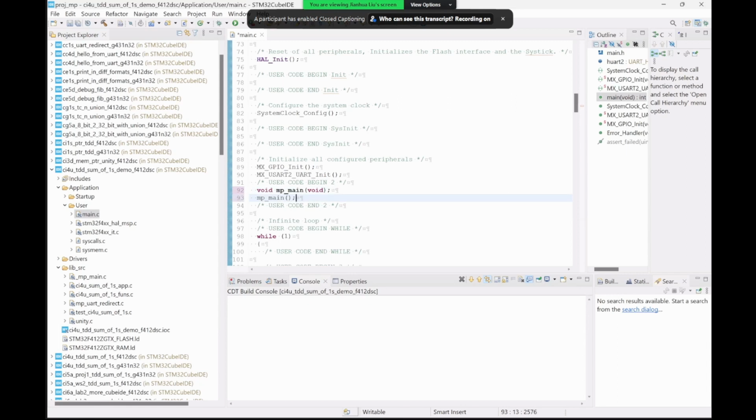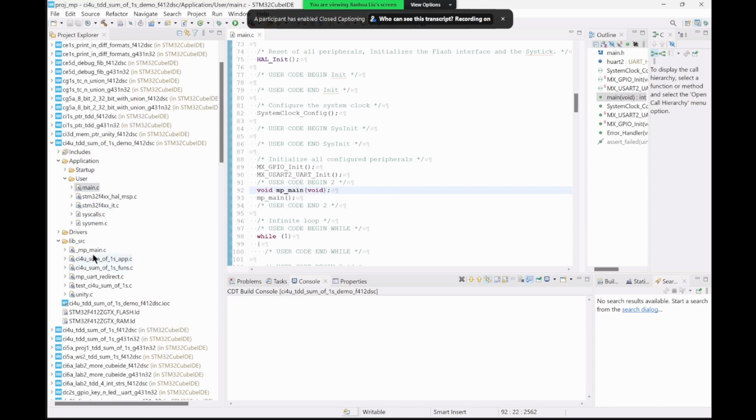So that's it. This will be the hook function. And then we just need to press Control C. Okay. If you take a look at this MP main,